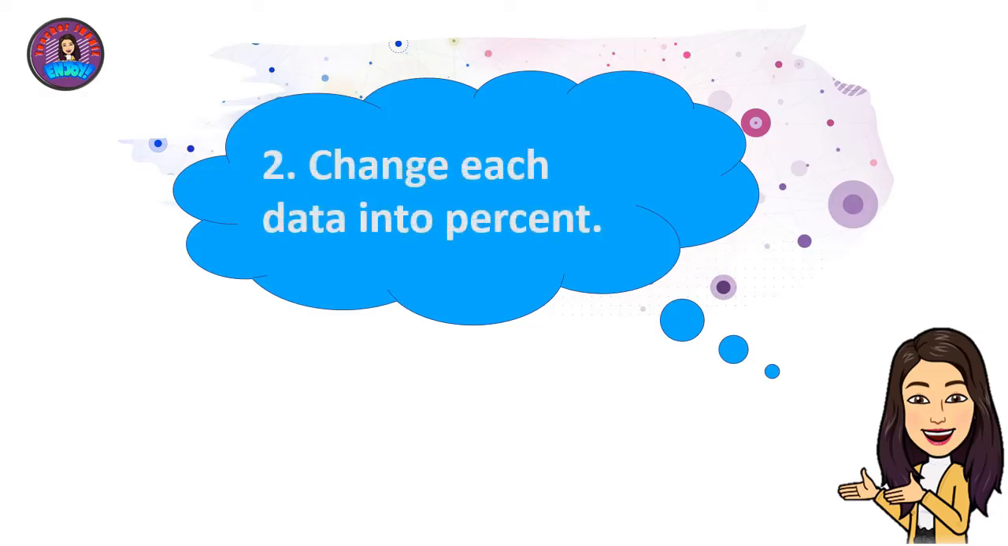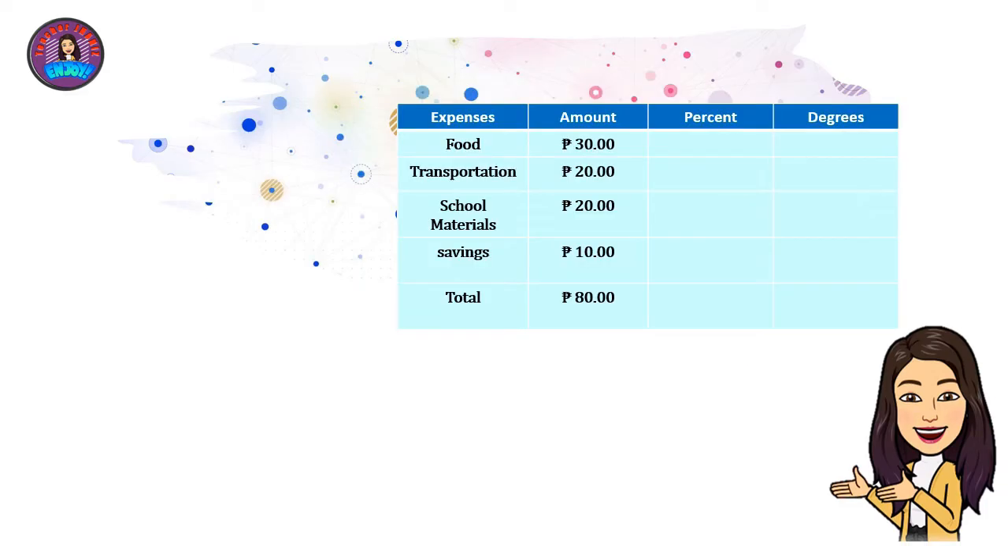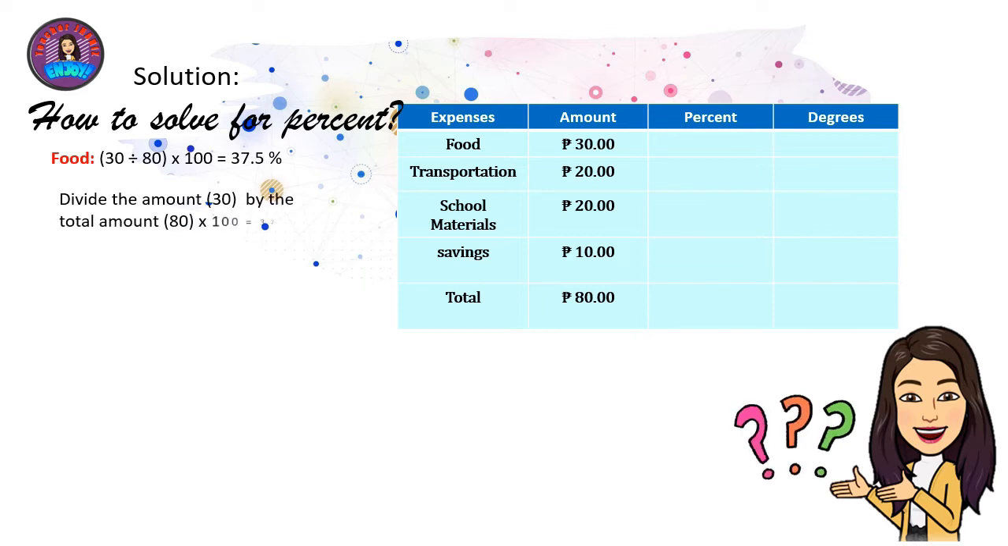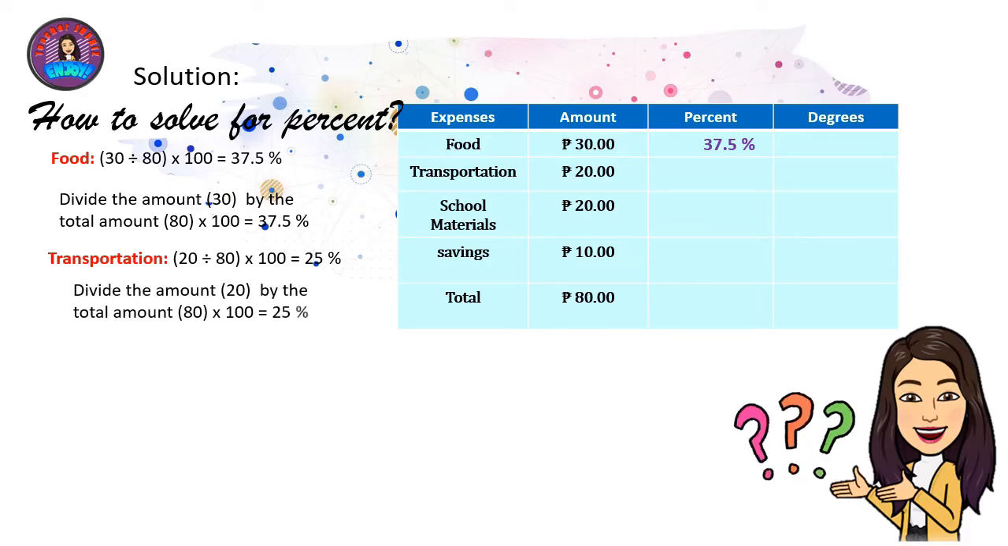Step 2 is to change each data into percent. How to solve for percent? Here's the solution. For food, we have 30 pesos. Divide that amount by the total amount, 80 pesos. Then multiply by 100, we get 37.5%. For the transportation, divide the amount 20 pesos by the total amount 80 pesos, then multiply by 100, we